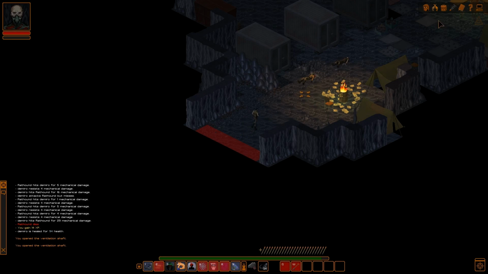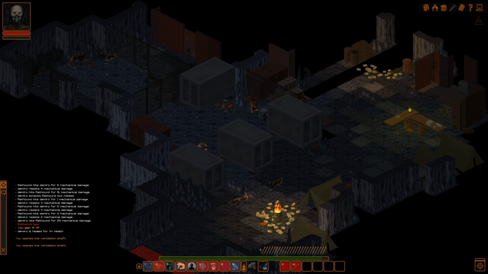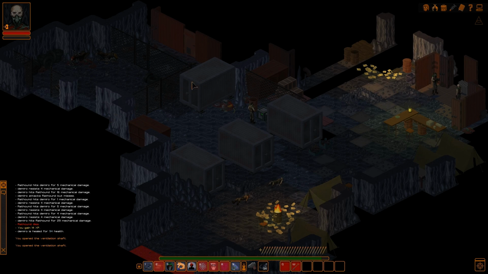Okay, so we are back. Let's go ahead and look around a little bit. We didn't quite get to come up here. Let's see, empty box. What's in this box? We got electronic scraps. There's components, various pieces of electronics such as wires, diodes, and transistors, and required crafting skill is electronics 25. You got fabric scraps, 5 components, various pieces of fabrics, required crafting skill tailoring 25, and you got a bottle component, an empty bottle. It doesn't say you need any skill for that one, but